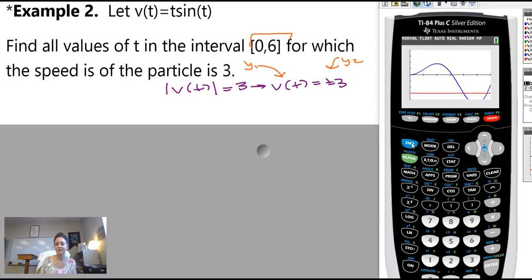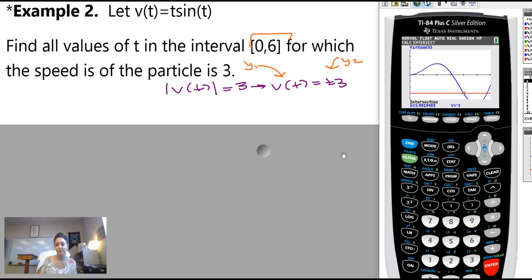To find an intersection, you're going to go second, trace number 5. Please write that down if that's not familiar. I like to hover over to my line, get close to that intersection, and then hit enter 3 times. And you can only do it this fast if you've got only 2 lines, or 2 graphs. So I'm getting